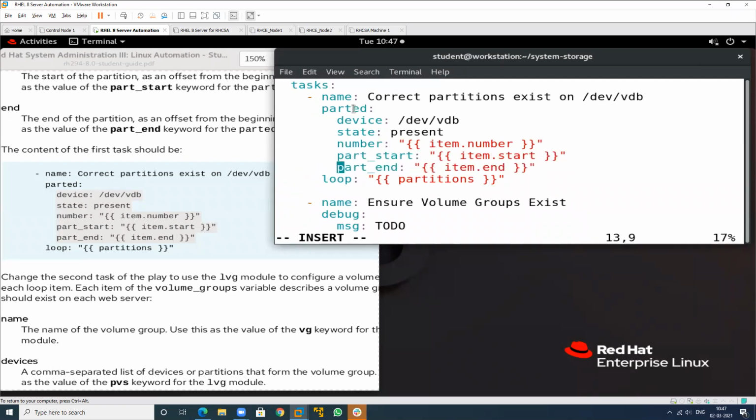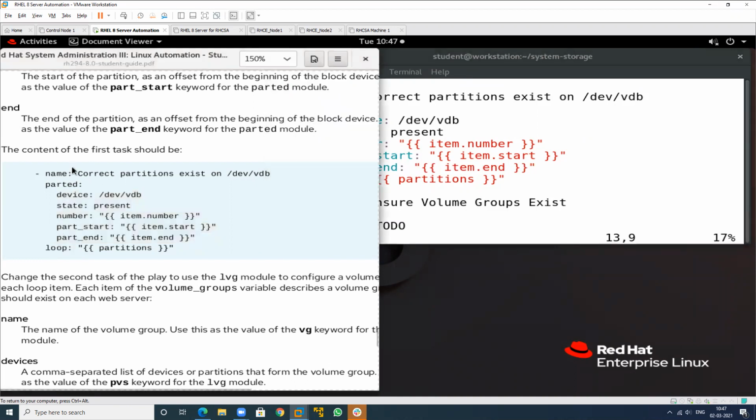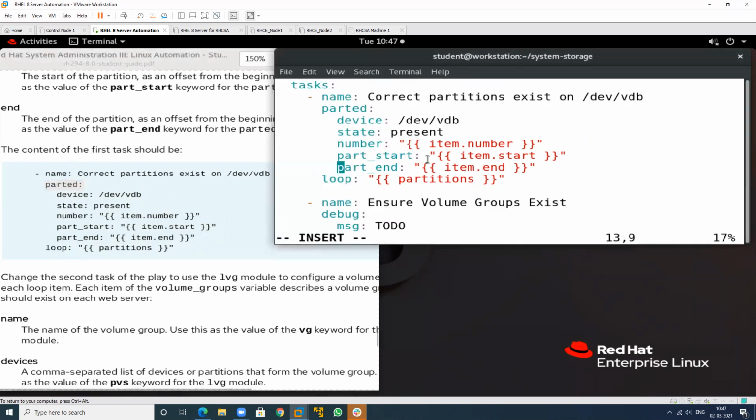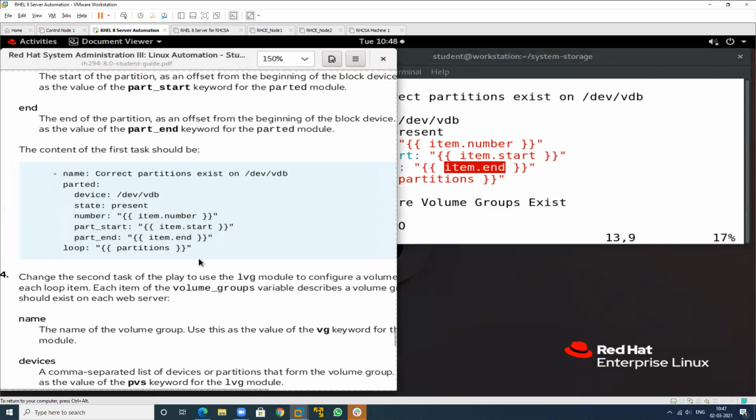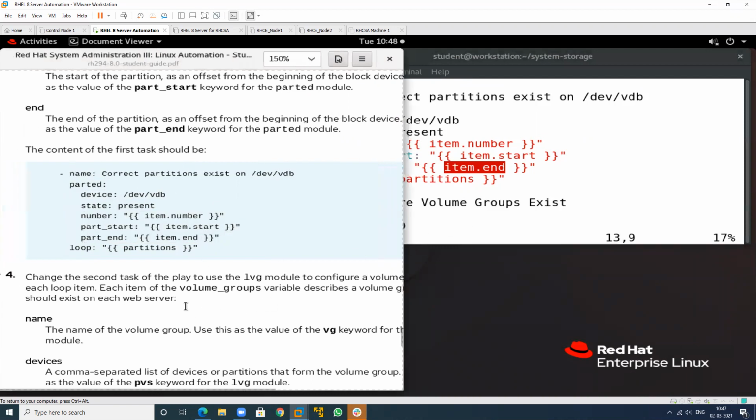See, so this is the parted module, and loop is in the sequence of, this is the indentation of parted. Loop and parted both have the same indentation. So this is my device name, this is state is present, and this is the number. This is the starting value, this is the end value. So this has been done, and after this I will show you the next one.